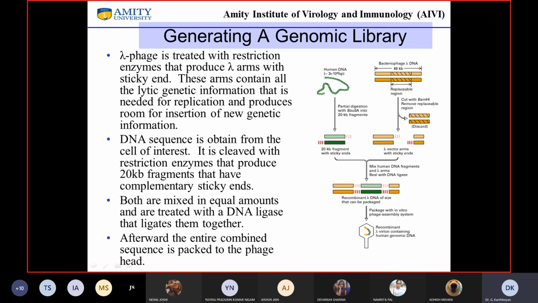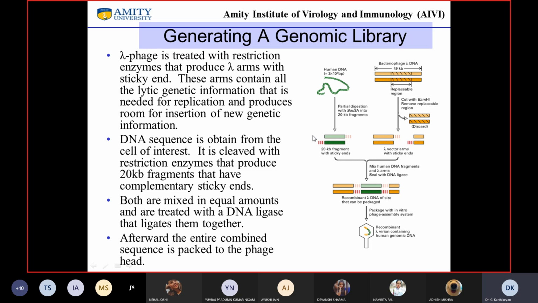Okay, so typically, how do we make a genomic library? For example, let us say this is the human genomic DNA, which is about 3 billion base pairs. You partially digest with Sau3A and make about 20 kilobase pair fragments. Okay, you run an agarose gel. When you run an agarose gel, you will see all kinds of fragments. Short fragments will migrate fast, and then you will be using a marker which will tell you what is the region that you're looking at, 20 kilobase pairs, right?